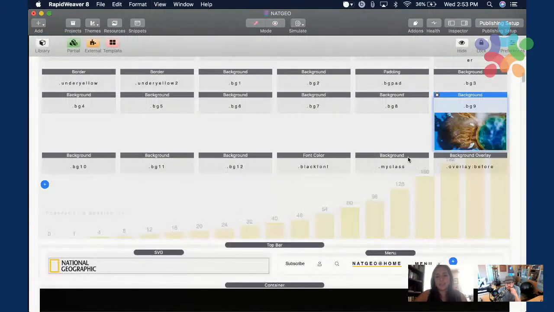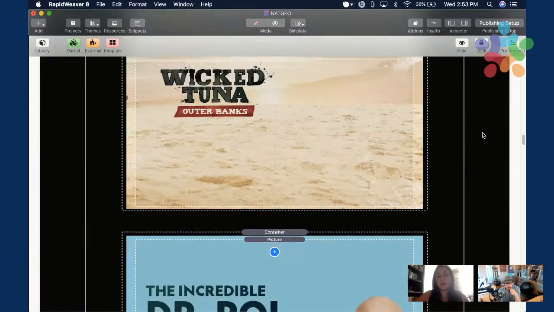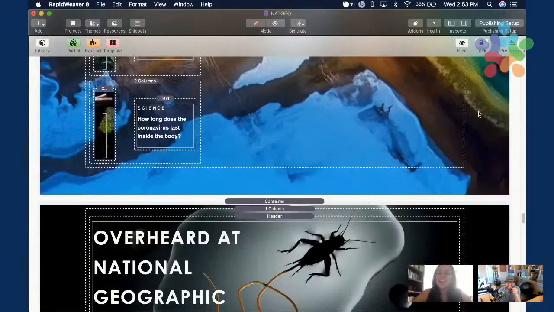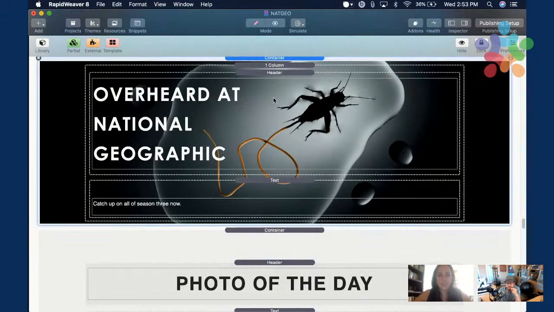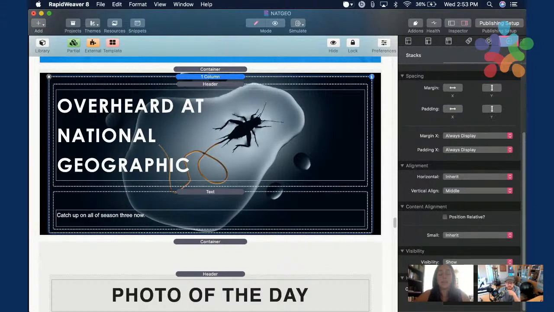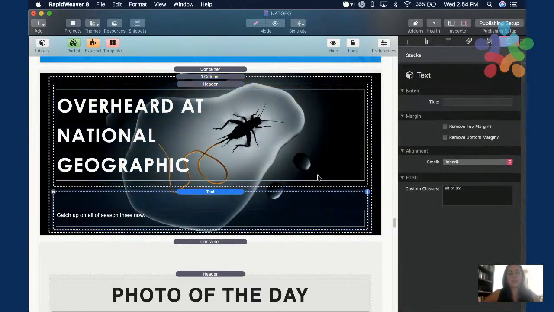So, the next sections are really, really simple. I'm so glad I did this before so that I can show you very quickly. I have another container with a 1-column stack to set the height again, and I'm also using a utility class with h:70vh again. So I'm telling it to use 70% of the viewport height. And then I have the header and a text, and they're all with alt classes, and only the text has